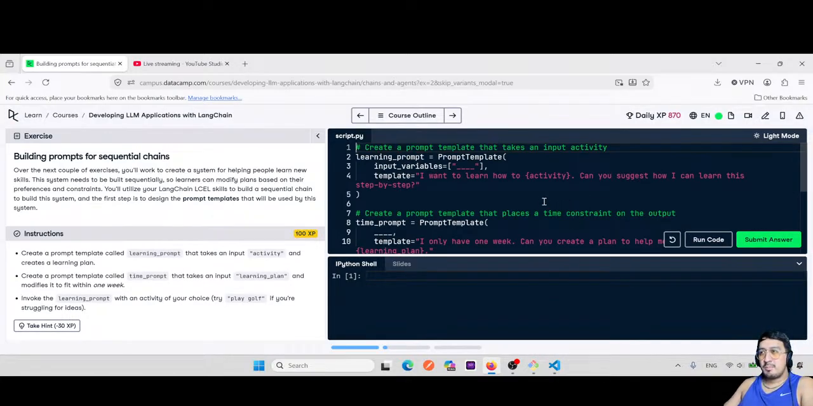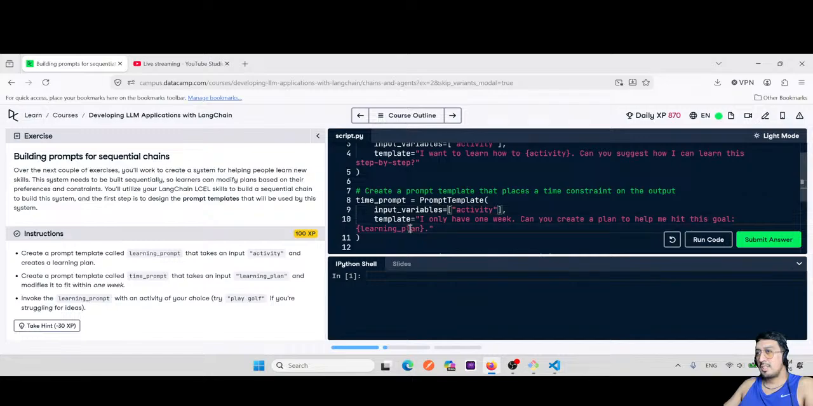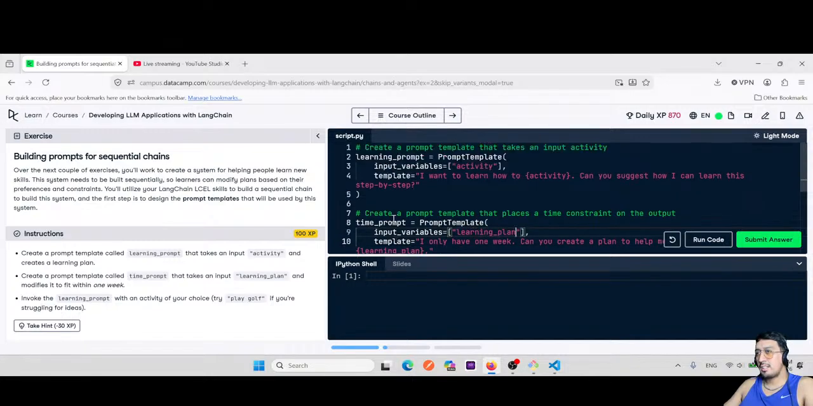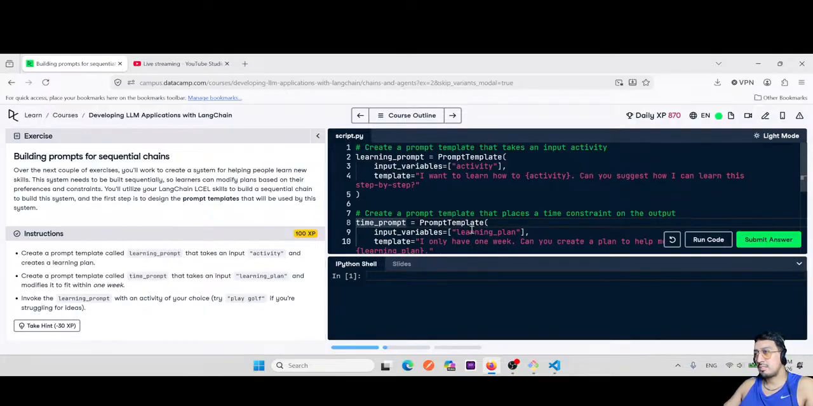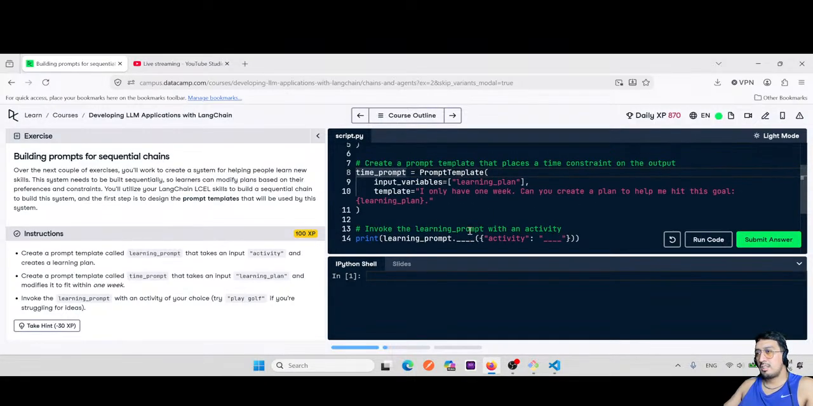All right, so for the learning prompt, the input variable is going to be the activity, since I want to learn an activity. Can you see how I can learn this step by step? Then in the prompt template, we need to define another input variable, which in this case is going to be the learning plan. Here is going to be the time prompt. And in this learning prompt,